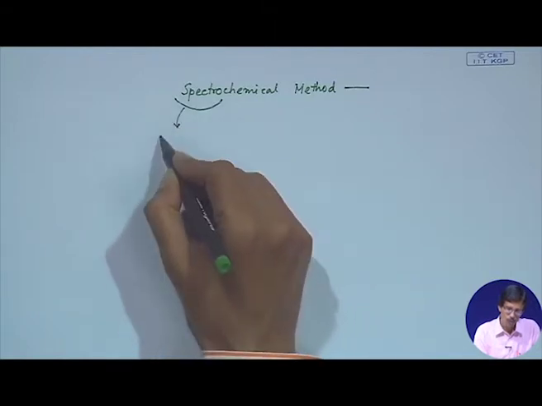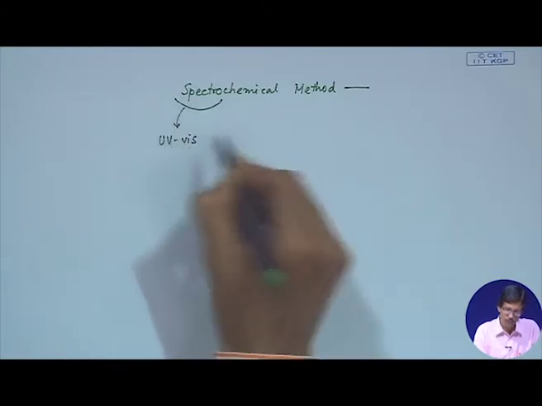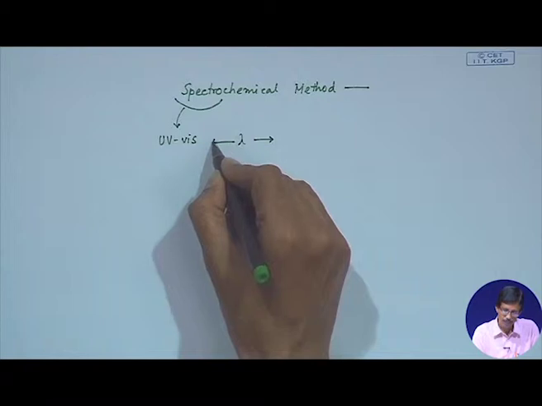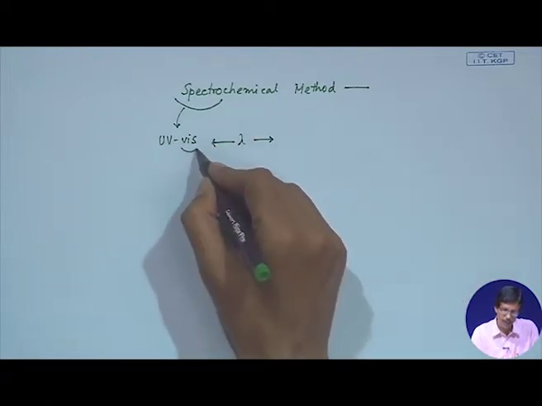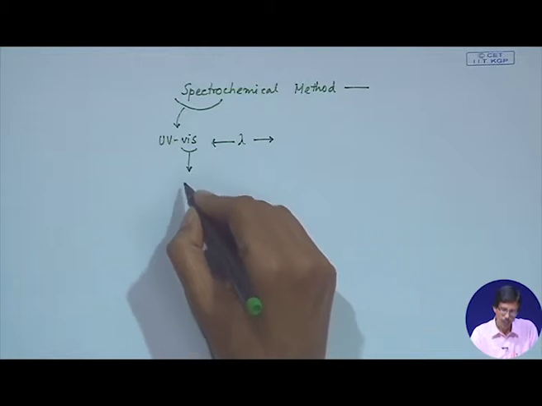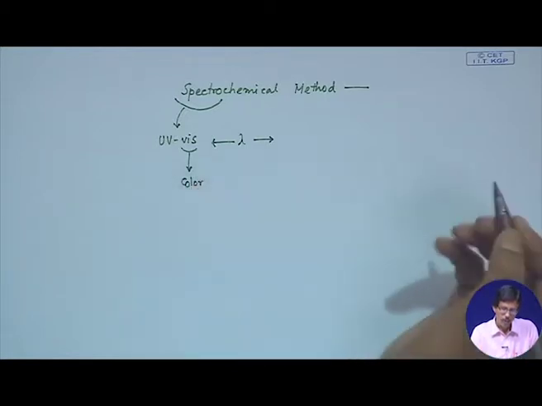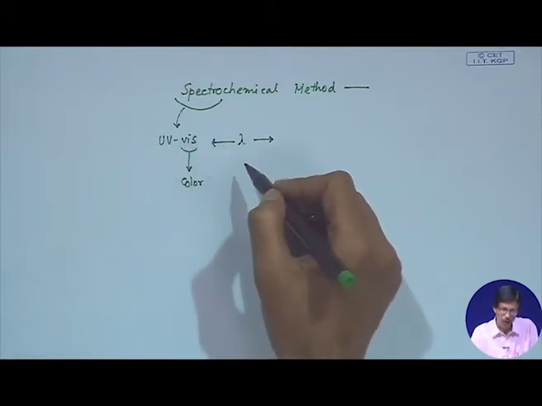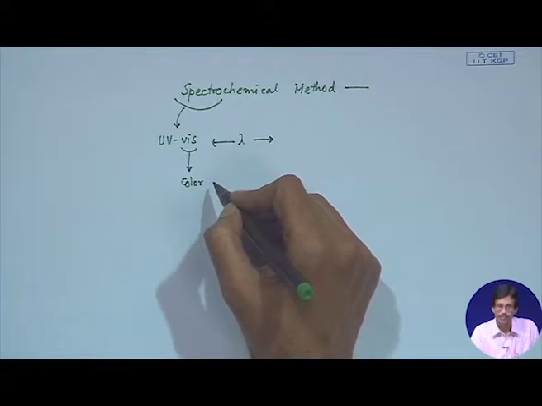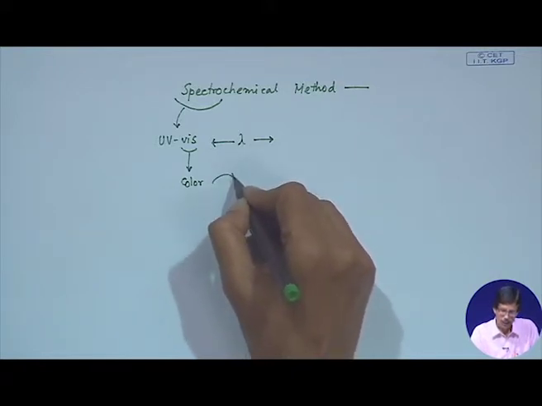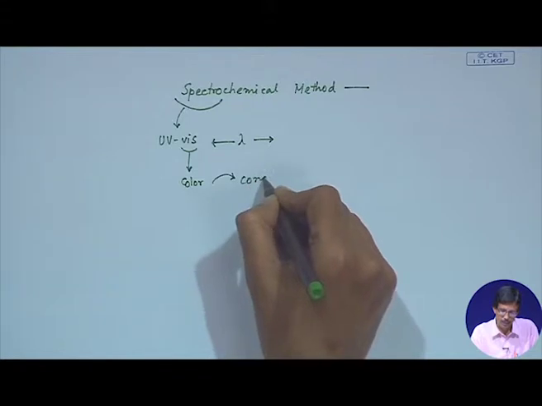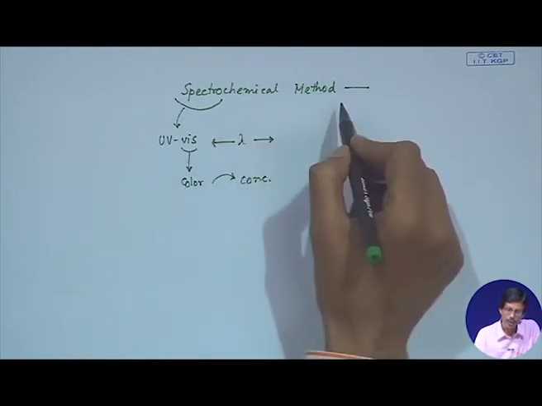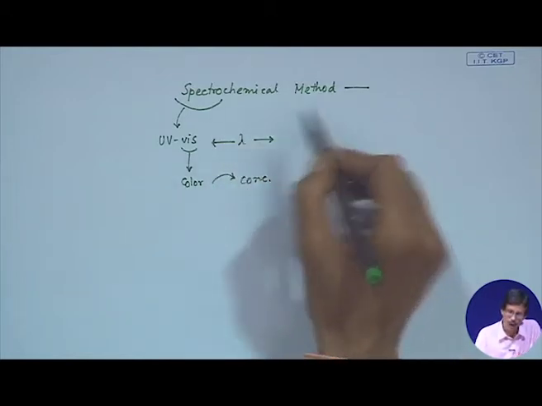So, when we use the UV visible spectrum of light of some range of wavelength, as we all know, the visible part is directly related to the color, where a particular solution color can be identified and can also be quantified for its corresponding concentration. So, these are the things by which we can correlate these nicely for a particular type of spectrochemical method, and how we